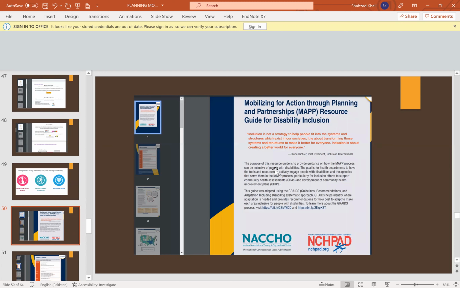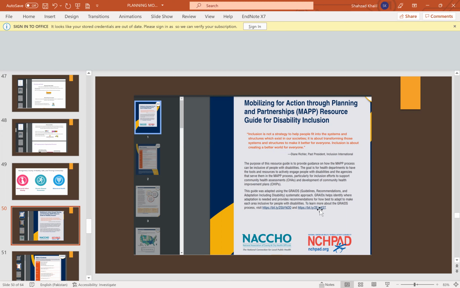It is one of the articles on the Mobilizing for Action through Planning and Partnerships (MAP) resource guide for disability inclusion. The purpose of this resource guide is to provide guidance on how the MAP process can be inclusive of people with disabilities. The goal is for health departments to have the tools and resources to actively engage people with disabilities and the agencies that serve them in a MAP process, particularly for inclusion efforts to support community health assessment and development of